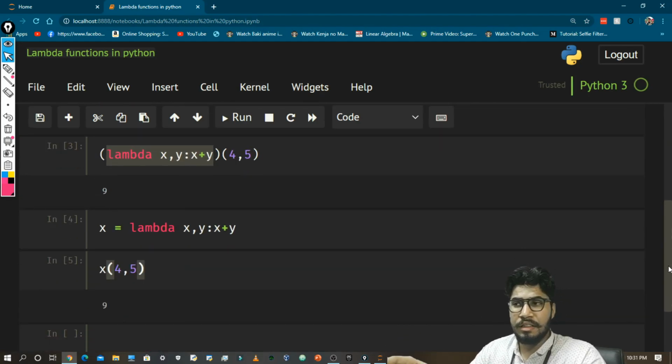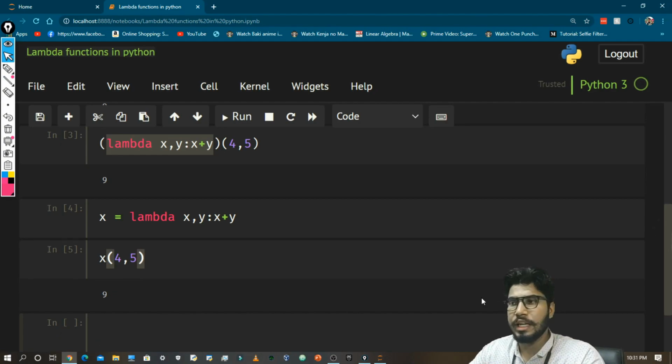In those kinds of cases lambda is very good, and we will see how this works in filter function and in map function. But before we do that, let me give you some more examples of how we can use lambda functions. Lambda functions are very short functions. Basically, we use them when we don't want to call a function many times, but just want to use it once or twice in our program. At that point we use lambda functions.